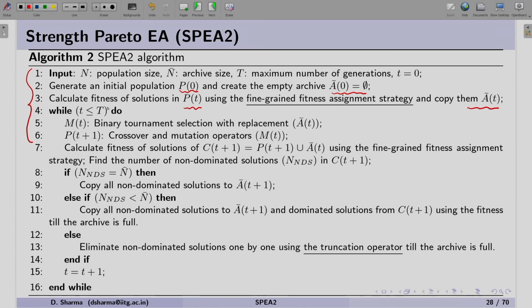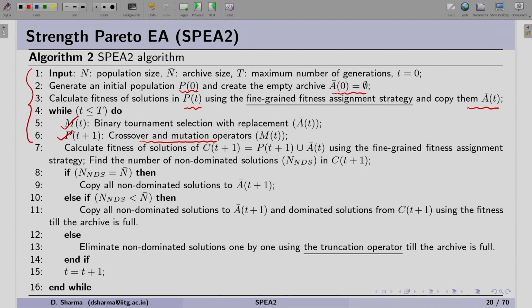Inside the while loop, we perform the binary tournament selection operator with replacement that created a mating pool. In this mating pool, we perform crossover and mutation using the SBX crossover operator and polynomial mutation to create another new population. This part we finished in the last session.